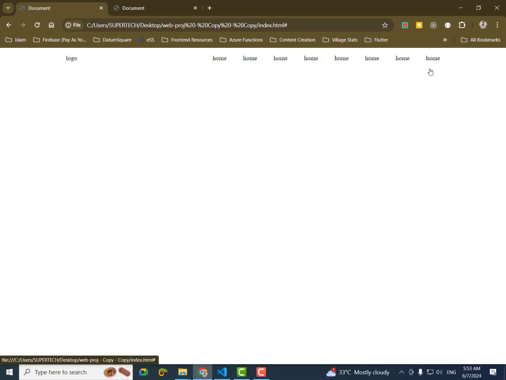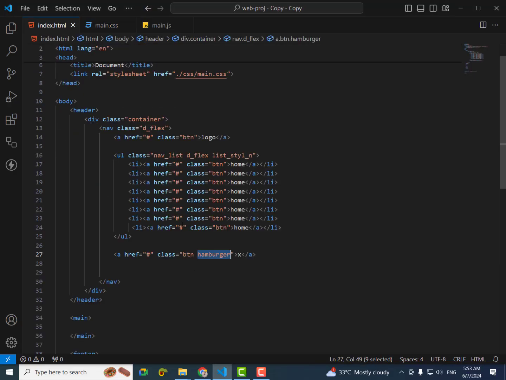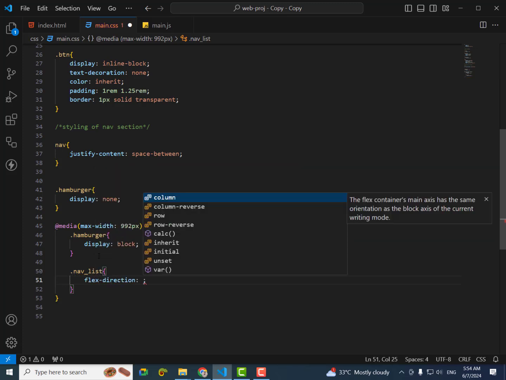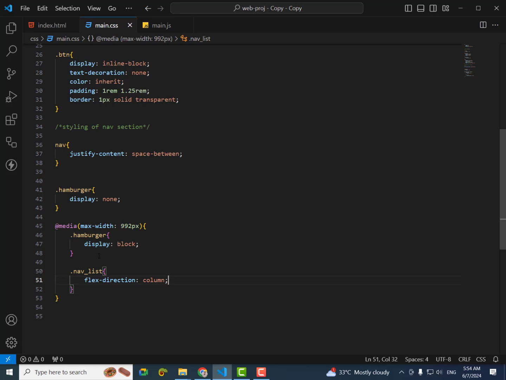Alright, but when the screen approaches 992 pixels, I want to make some changes in this nav as well. What are those changes? For that, first I have to target this nav. I have given it a class of nav list, so copy it and target it in the media query. When the screen approaches 992 pixels, the flex direction of this nav list should be column, and I want to give it some background